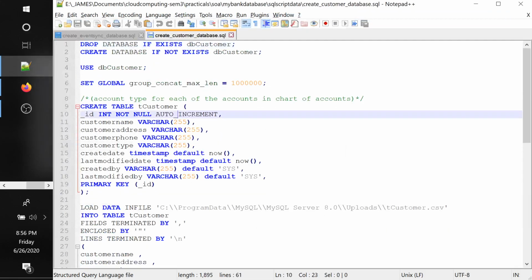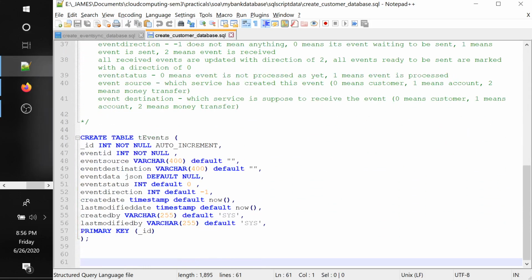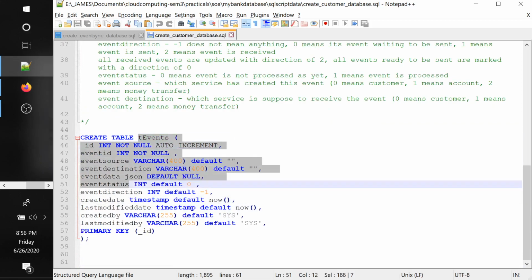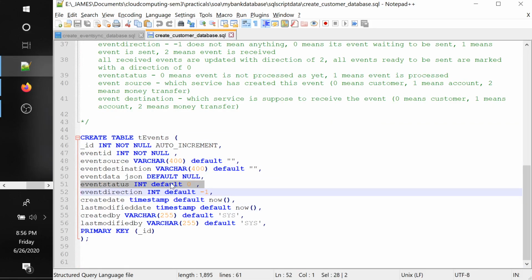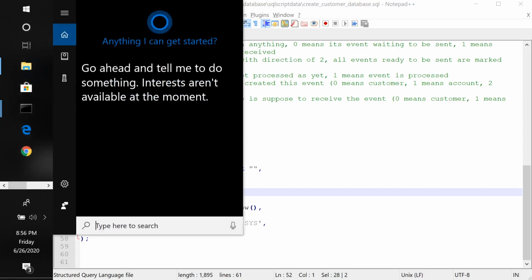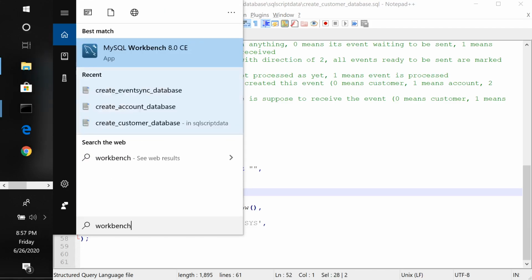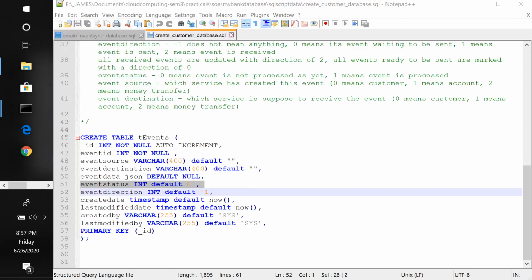So this is customer, so there's T customer, and if you scroll down, I am creating one more table called T events. This is to manage the microservices. If anybody is sending the event to customer, the event is saved in this particular table. So let me run these queries on the scripts in Workbench just to show how things work.